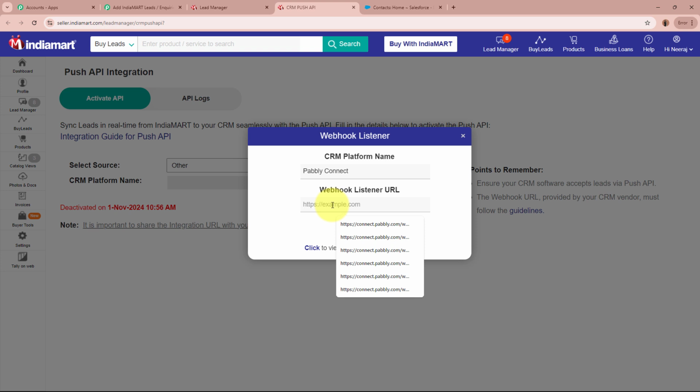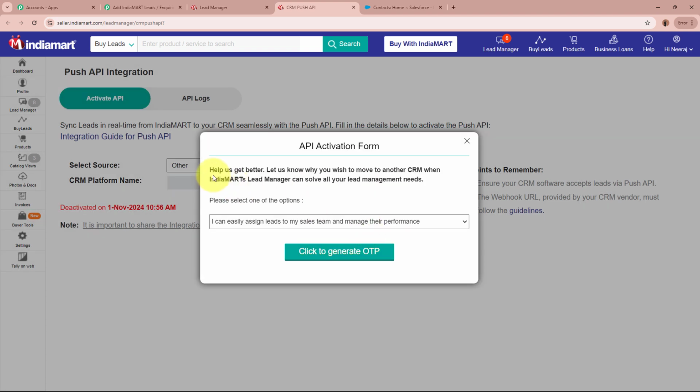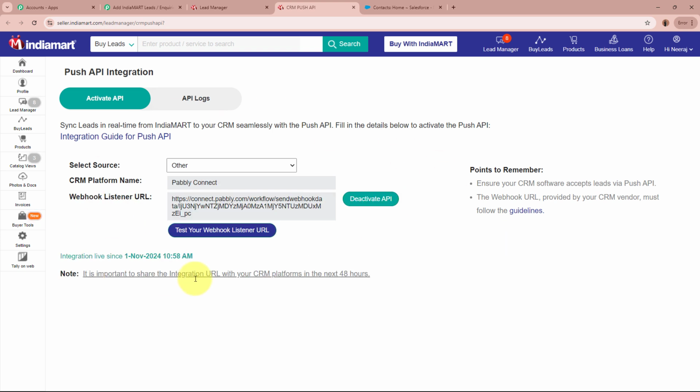And for the URL field, I'm going to paste the webhook URL that Pabbly Connect has provided us. After giving the CRM platform name and entering the URL, I'm going to click on the Save Details button. It is asking for the reason why we're creating this API. For that, I'm going to select a random reason from the drop down and click on this button right over here. As I've done that, you can see the webhook has now been successfully added to